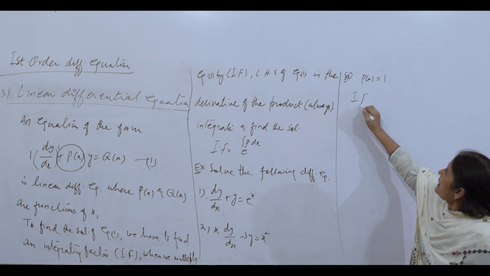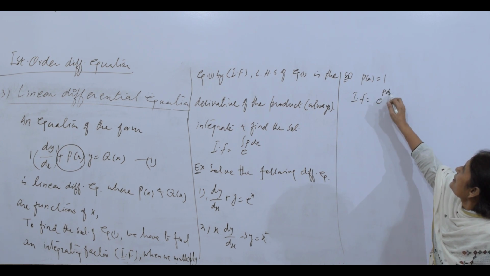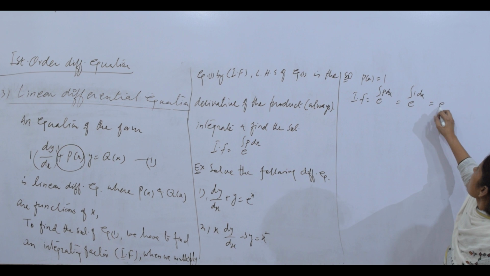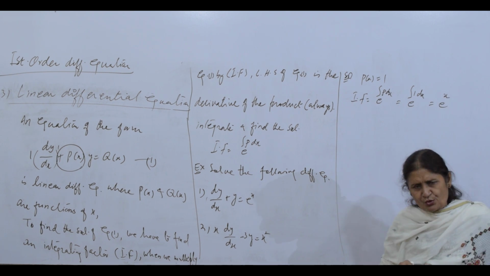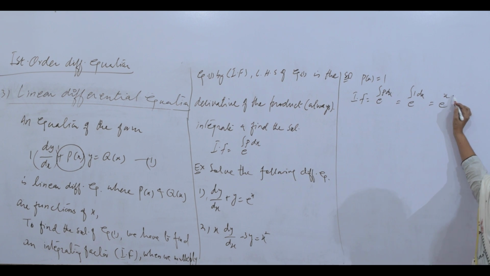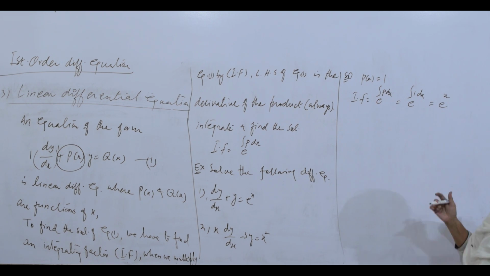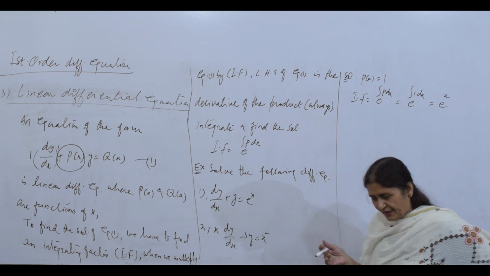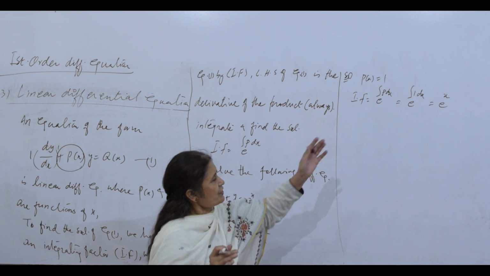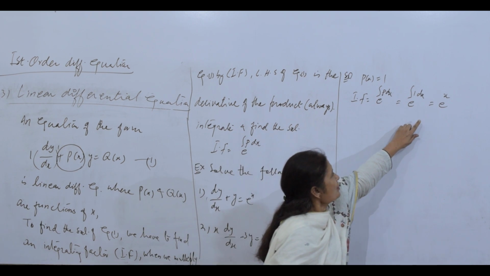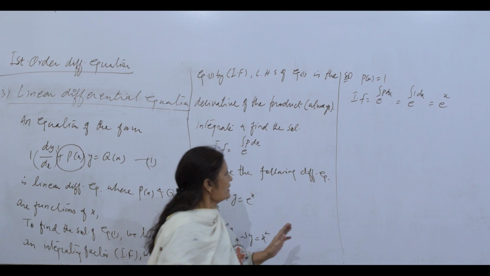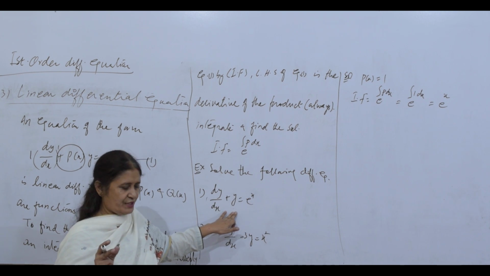So the integrating factor will be e to the power integral of p dx. What is p? This is integral of 1 dx, and this is e^x. You do not have any constant here. If you are integrating plus c, where c is any constant, a constant multiple of this will also be an integrating factor. So for simplicity, we take the integrating factor e to the power of the function without any constant, because constant multiples are always integrating factors. Eventually, when we solve the differential equation, we have one constant of integration at the end.